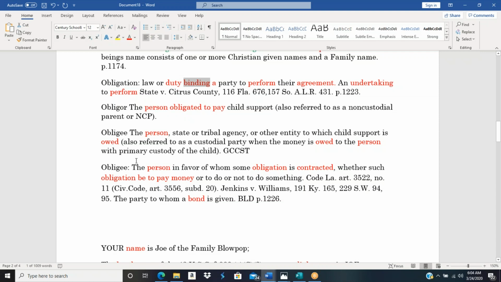Now, under Black's Law Dictionary, obligee means the person in favor of whom some obligation is contracted. Whether such obligation be to pay money or to do or to not do something. The party to whom a bond is given. Bond is an evidence of debt. Debt is a sum of money due by certain express agreement, contract. So